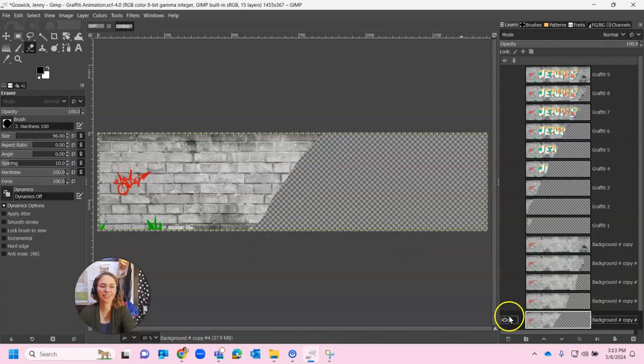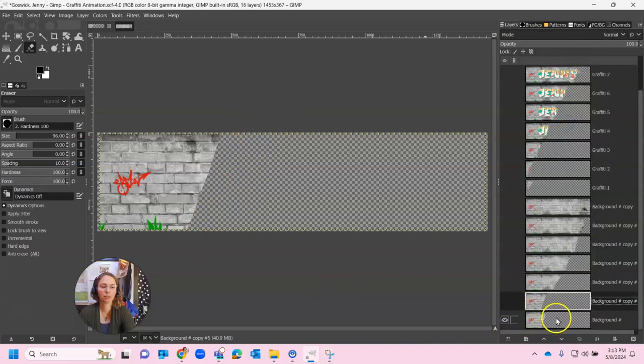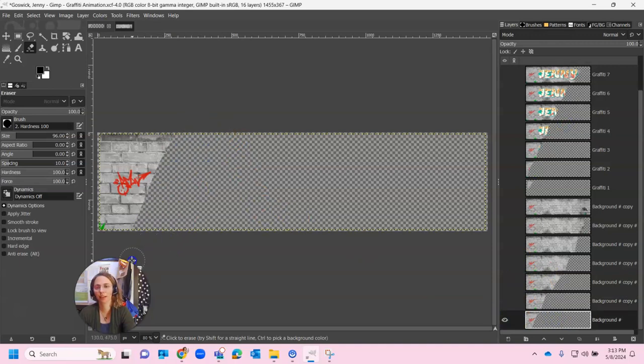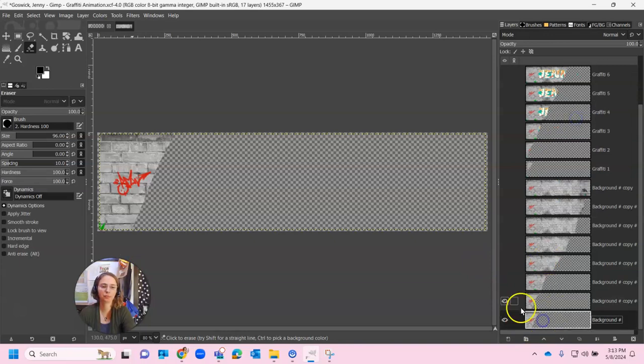Duplicate the layer. And again, you can do this as many times as you see fit for your animation, minimum of 6, right? So duplicate, hide the visibility, move to the bottom layer, and erase. And I think one final one for me. And I'm going to do the same thing I did before, and create an abstract organic shape, something like that. Now, if you want to see what your animation looks like, we'll do that in just a second. But let's go ahead and name these